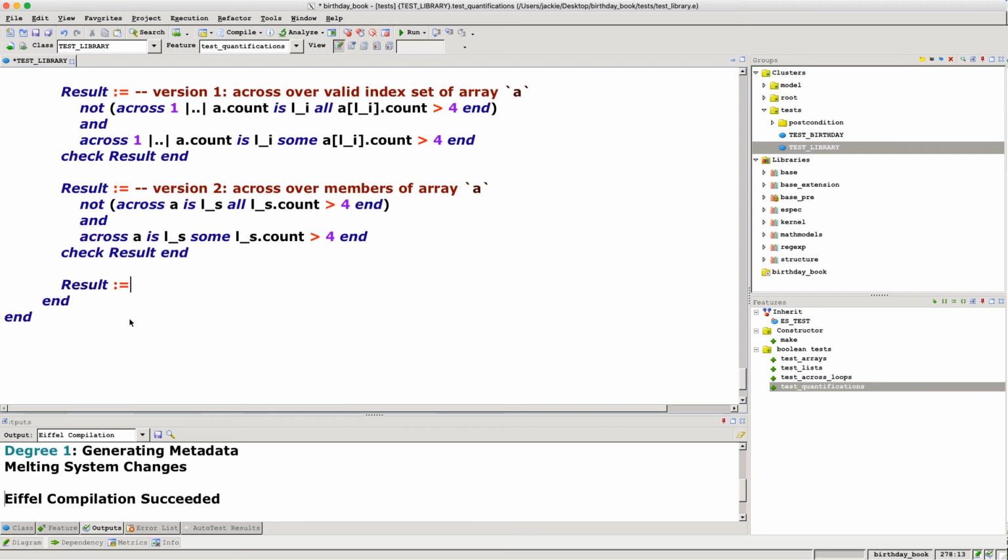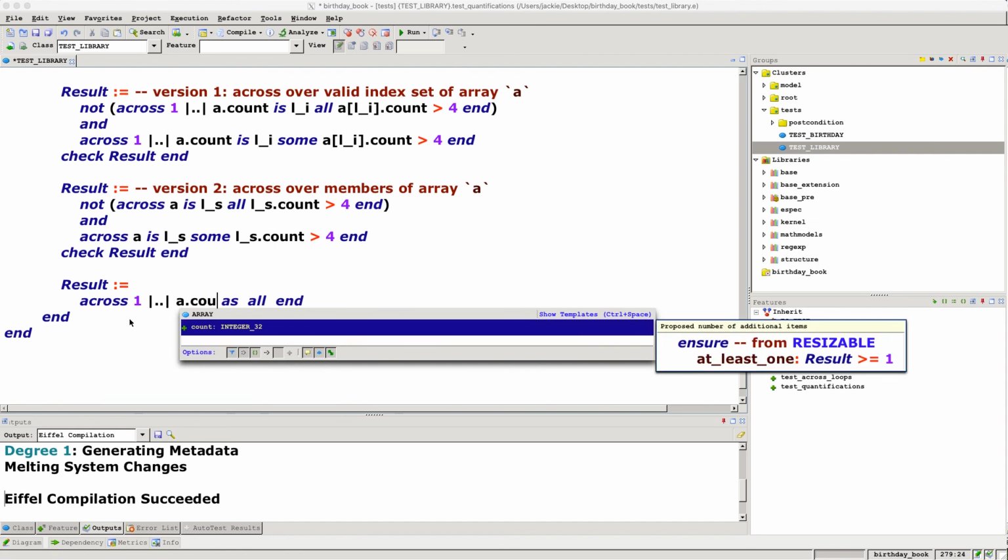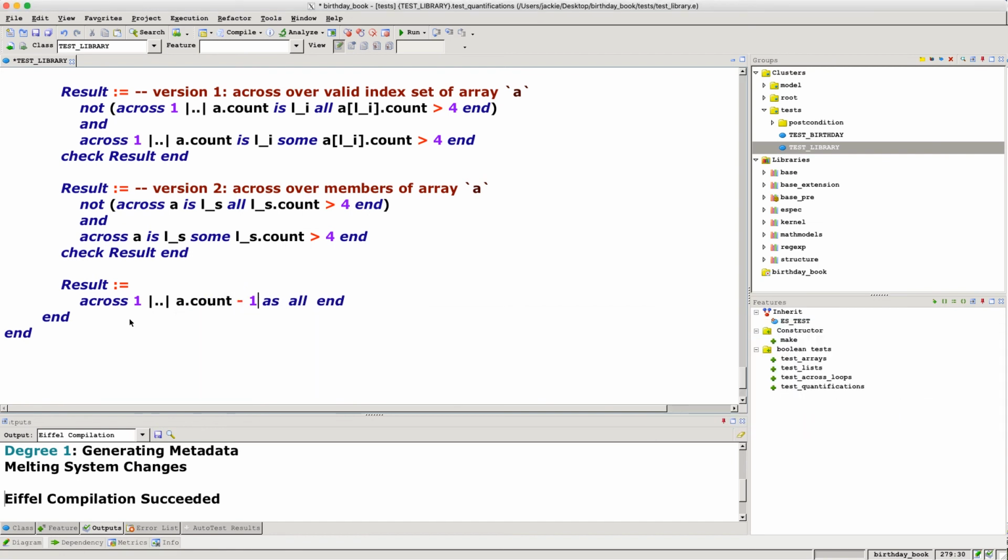So result is assigned to... I want to make sure the names are sorted in A according to the length of the string. So let's say across over here, I already know 1 dot dot here. So you might be tempted to write A dot count minus 1. Let me leave it like that. And don't forget to always change from S to is. Is, let's say, L name, for example. And then it is the case that all, let's say, L name,